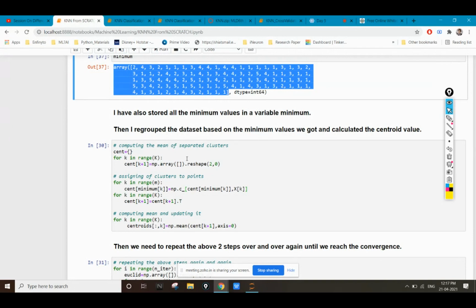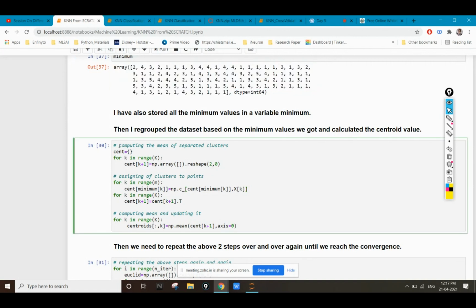What I mean by regroup the cluster is I have to move my centroid to the middle of those minimum points. So to move the centroid points to the middle of that cluster, I will calculate the mean.